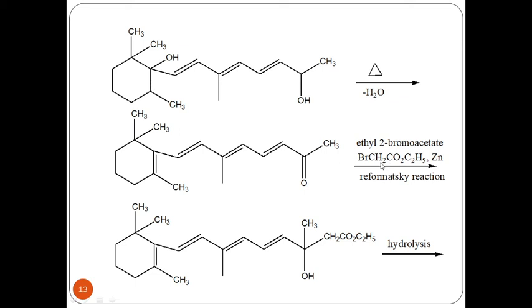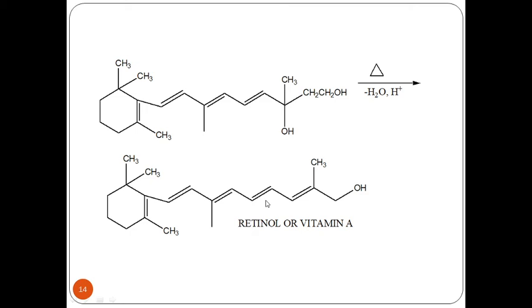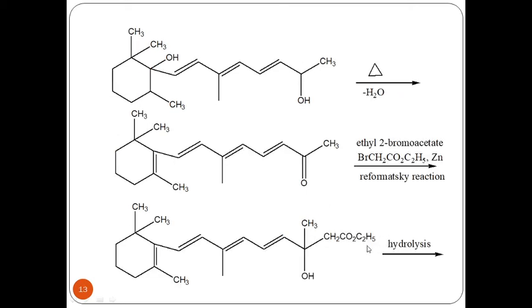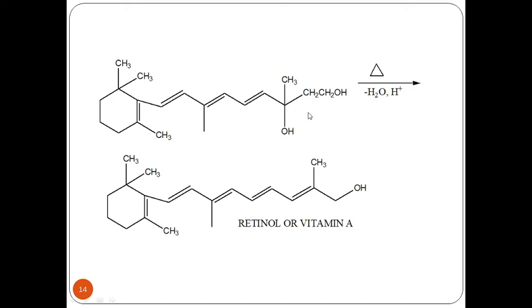Upon the Reformatsky reaction, there is attack onto the carbonyl carbon. In turn, once there is an attack, OH is formed and again a long chain is introduced. Now this is CH2, CO2, C2H5. This long chain intermediate, upon hydrolysis, has the CH2, CO2, C2H5 converted to an alcohol, CH2CH2OH. Upon hydrolysis, the bromoacetate or the ester component is converted to CH2CH2OH, that is an alcoholic component,